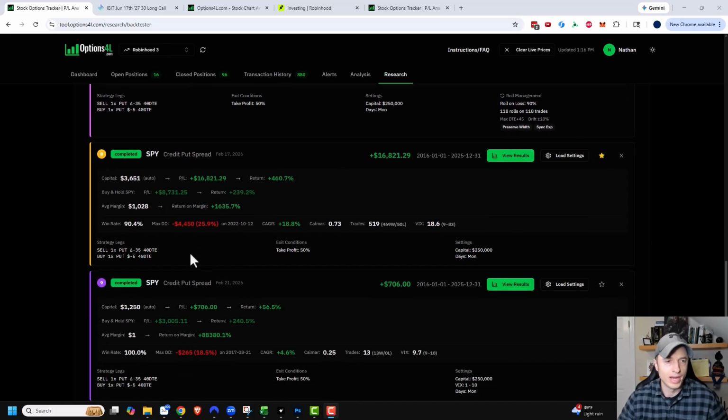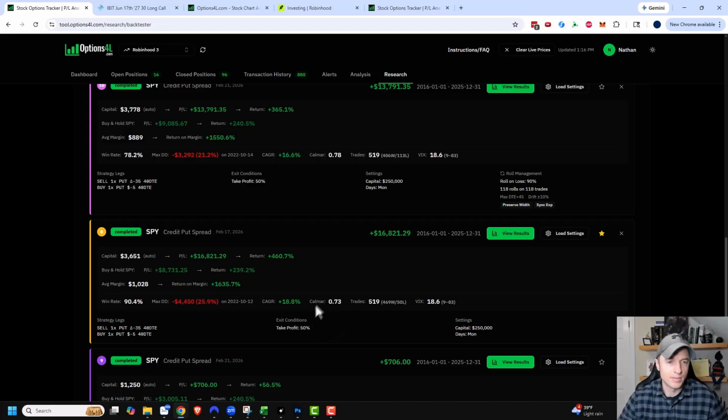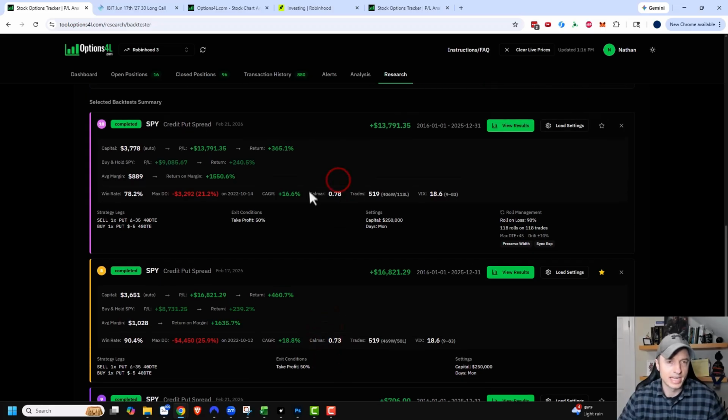And just a quick reminder of the settings. So -35 delta on the short put with 40 days till expiration, and a $5 offset on the long put with 40 days till expiration. Take profit at 50%. And we can see our Calmar ratio of 0.73 versus the Calmar ratio up here of 0.78. So this one has a higher Calmar ratio, and the setup is basically the same except for our roll